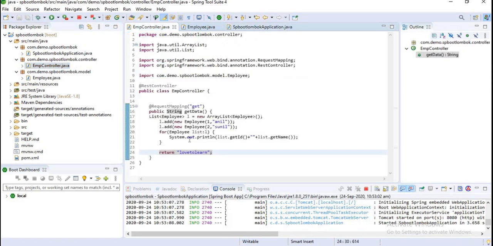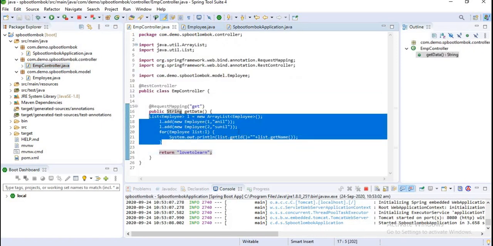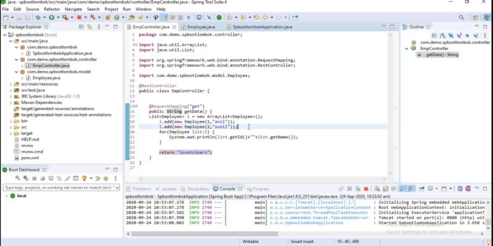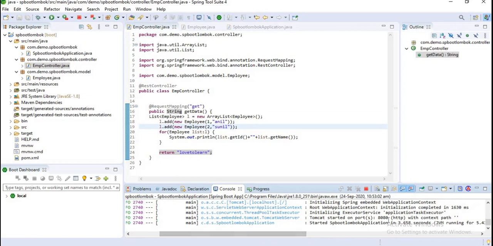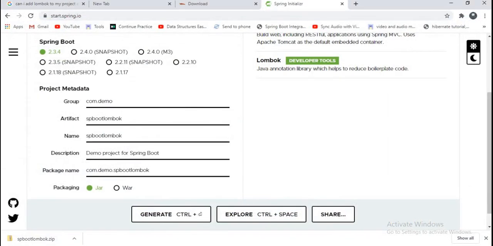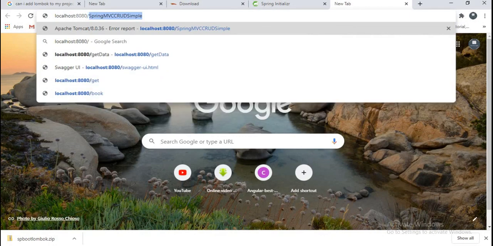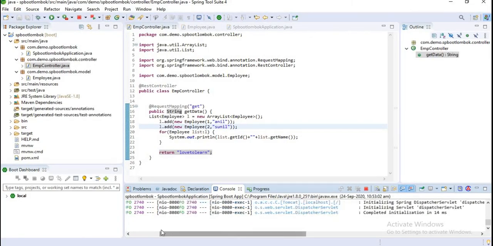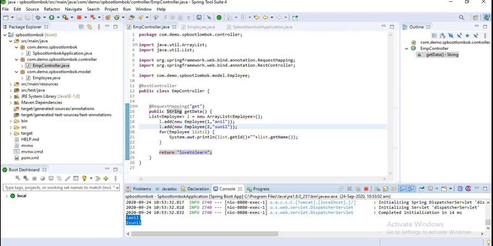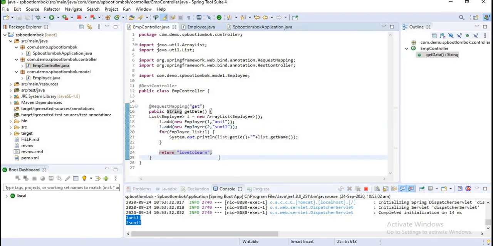Guys, I think we clearly understand this one. Here I use our argument constructor and getters, and I can successfully use them because my code is internally generated. Okay, now I want to go to my local port 8080, localhost 8080, get. Let's click on it. You can observe my message is getting here, and you can observe my data is printing here.